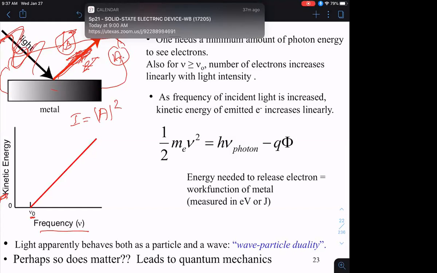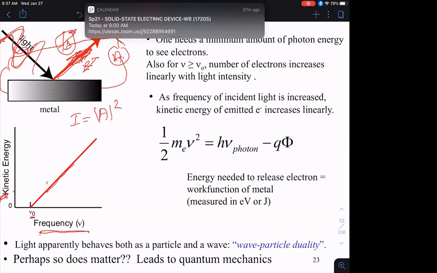Instead, people found out that the intensity had no effect whatsoever on the energy with which the electrons were coming off. Instead, you're getting more photoelectrons coming out. So the magnitude of the current was going up, but the kinetic energy of the electrons themselves was unchanged. By contrast, at a certain intensity, if you gradually increase the frequency, the energy with which the electrons are coming